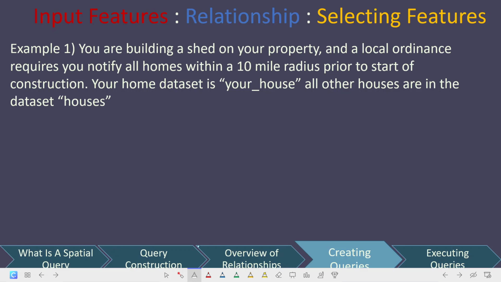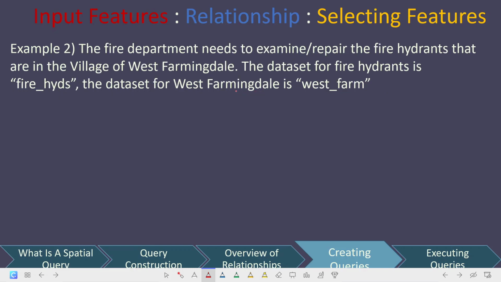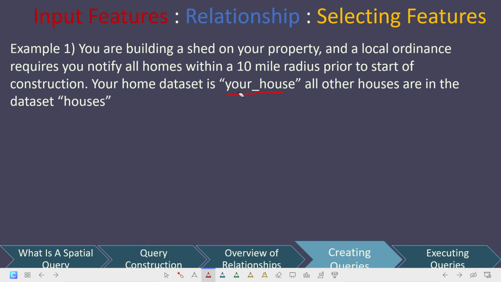query. Well, we know that our input features, since we want to notify, we're concerned with our house, so we know that our house is going to be the input feature. Or sorry, I made a mistake there. The thing we want to select from is actually all the other houses. So the other houses are going to be our input feature. So it's going to say houses,